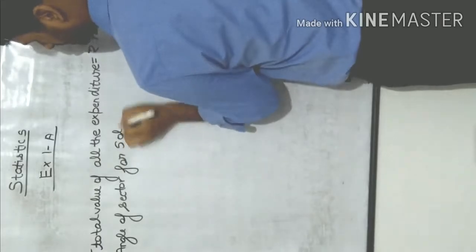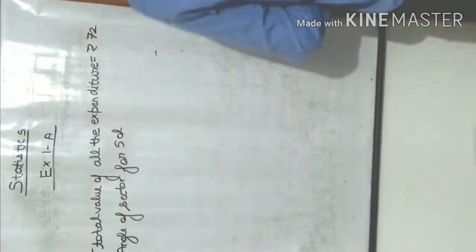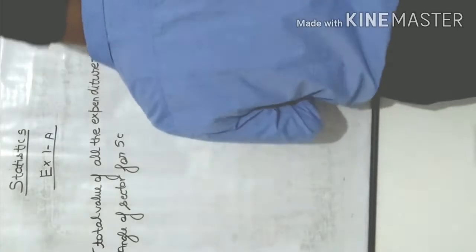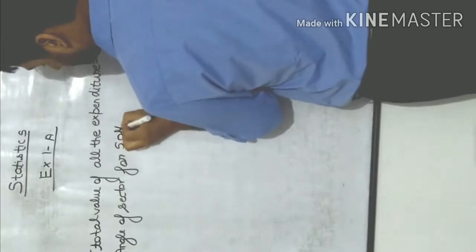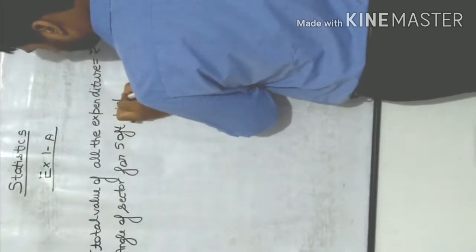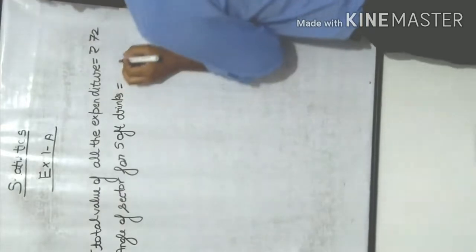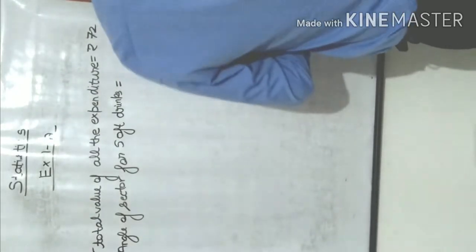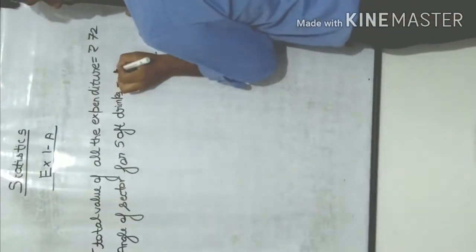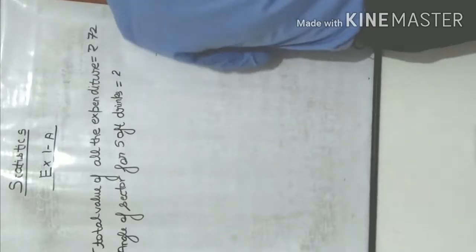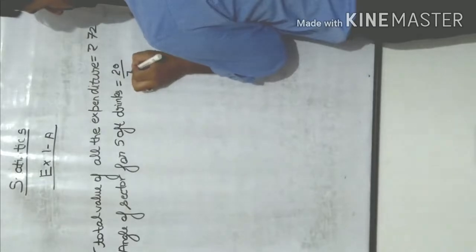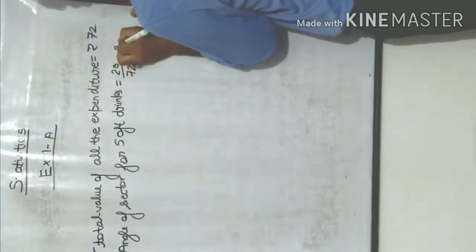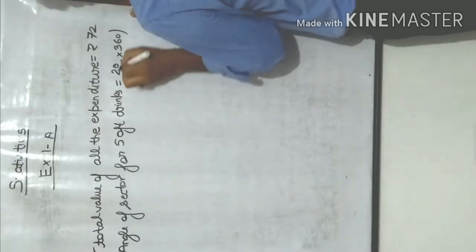In class 6, you must have seen you are drawing a table only for it. But if it is not given, no problem. Both ways are equally correct, drawing a table and then finding things. See how you find it. First, how much he has spent upon what, out of the total money, and then into 360. So how much money he spent? 24 rupees or 20 rupees? 20. 20 rupees he has spent out of how much money? 72 rupees multiplied by 360. This will give us the degree.